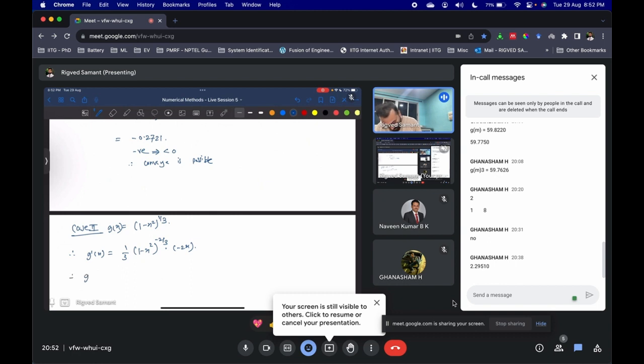Therefore for x0 equal to 0.5, if you put the value of 0.5 here, you will get minus 0.403, which is again negative,